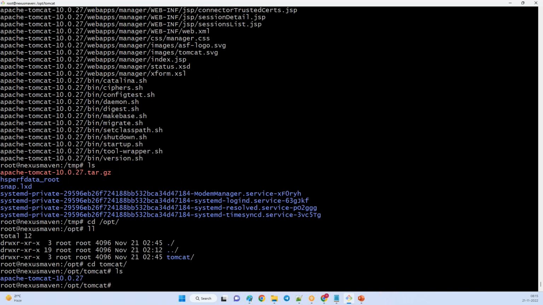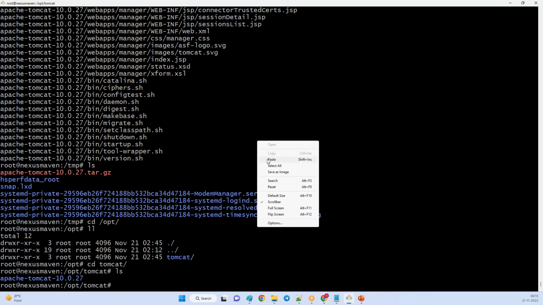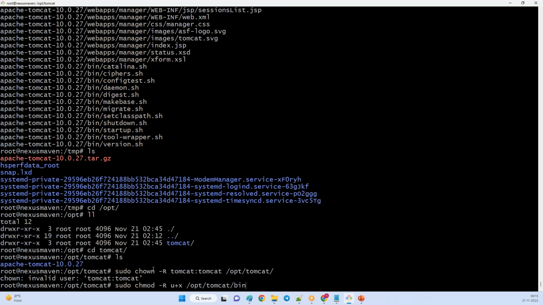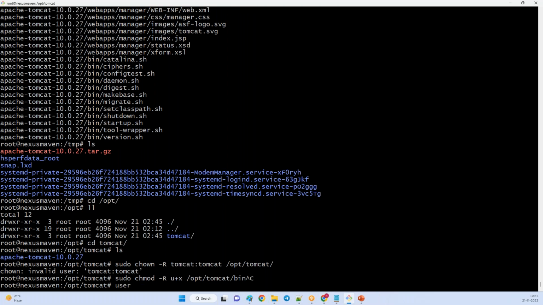And after that, you can provide read permission, that means I'm trying to provide ownership to the tomcat user for this /opt folder. So you can create a tomcat user using useradd tomcat.